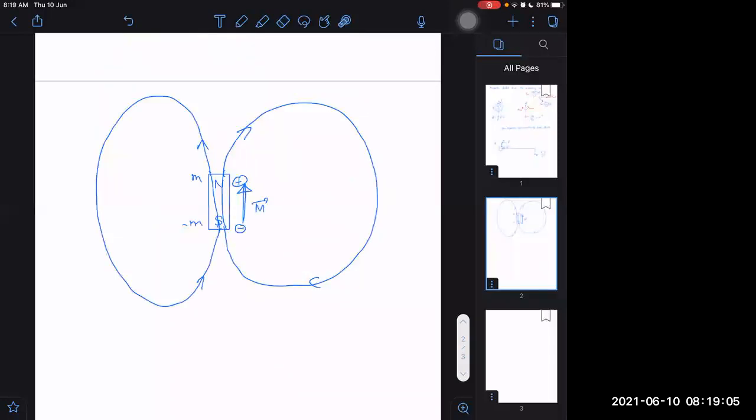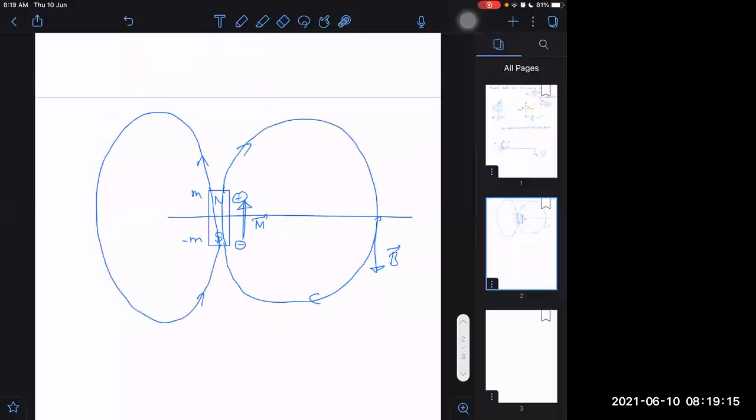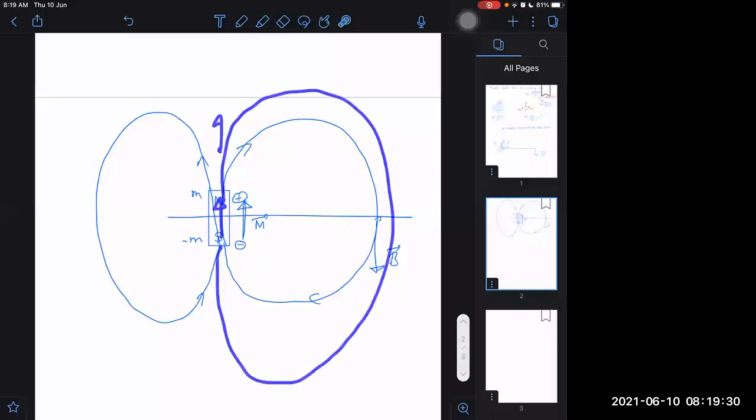Now you can see from here that the magnetic dipole moment was upwards, but the magnetic field at the equatorial point is coming out downwards. You will just remember it this way: if M is upwards, then at the equatorial point the magnetic field will be downwards. And if I take an axial point, then it will be in the same direction as M. At this point, what will be the field? M is this side, so the field will also be that side only. If I draw the field here at this point, similarly at this point I draw the same side only.